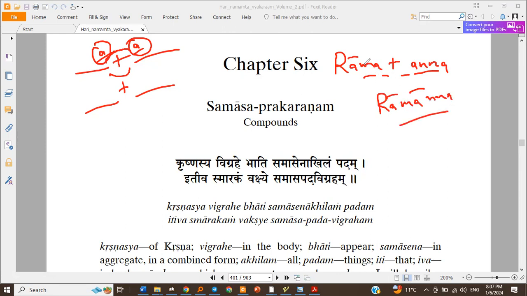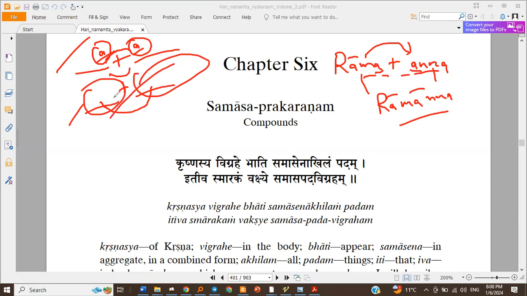So when we're joining the two words on the basis of Sandhi, of two letters, it's not necessary that the meanings or there will be modification of two words. But in Samasa, there is the link between both the words. So Sandhi deals with letters, Samasa deals with words altogether.